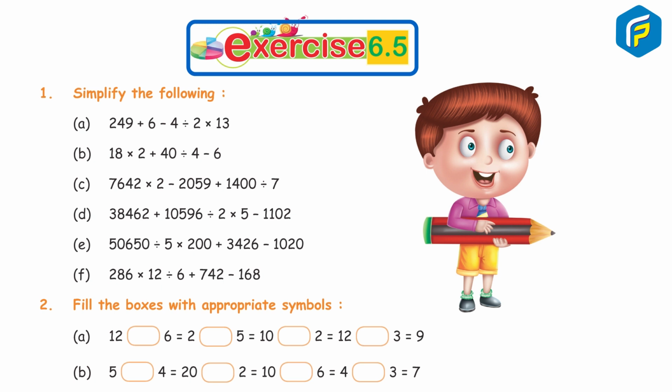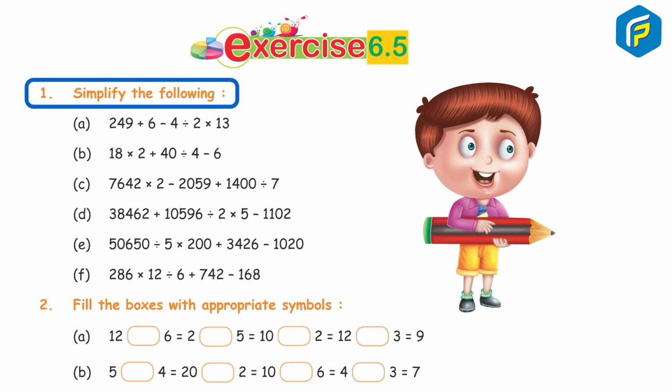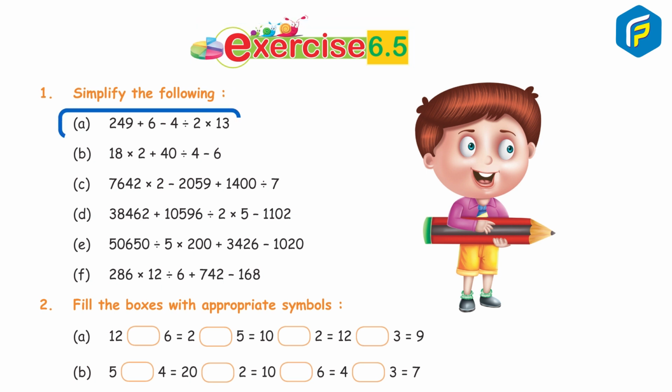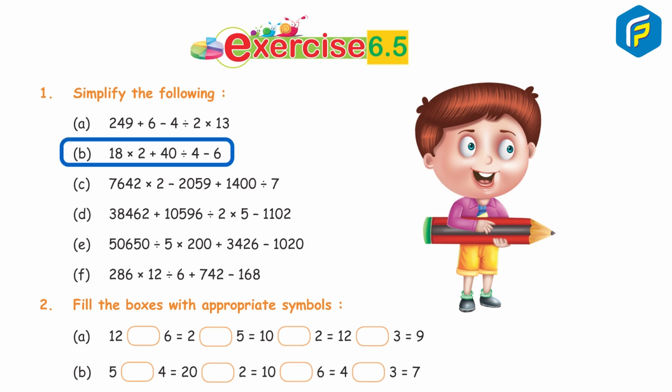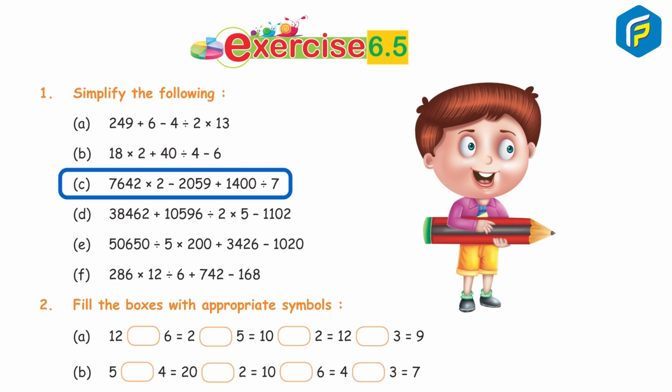Exercise 6.5. Question 1. Simplify the following. A. 249 plus 6 minus 4 divided by 2 into 3. Answer 229. B. 18 into 2 plus 40 divided by 4 minus 6. Answer 16. C. 7642 into 2 minus 2059 plus 1400 divided by 7. Answer